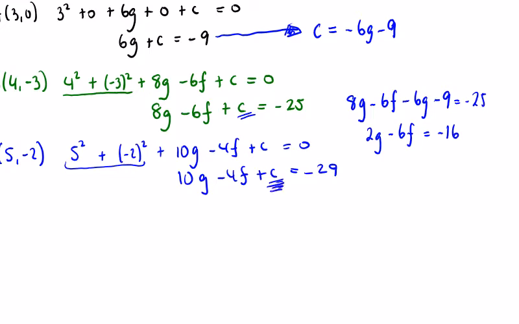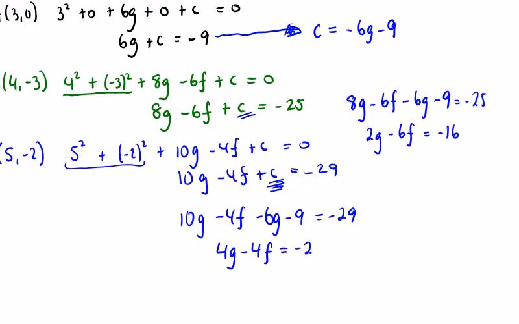Now we're going to sub it into this one. So we're going to have 10g minus 4f minus 6g minus 9 equals minus 29. So we're going to have 4g minus 4f, and we're bringing the minus 9 across to be a plus, so we're going to have minus 20. We could divide across by 4 if we wanted to,